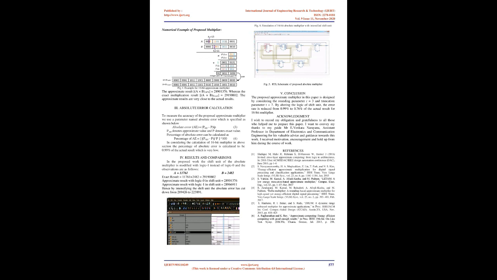V. Conclusion. The proposed approximate multiplier in this paper is designed by considering the rounding parameter R equals 3 and truncation parameter T equals 7. By altering the logic of the shift unit, the error rate is reduced from 0.99% to 0.76% of the actual result